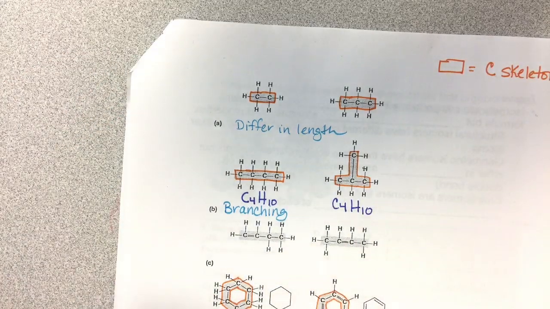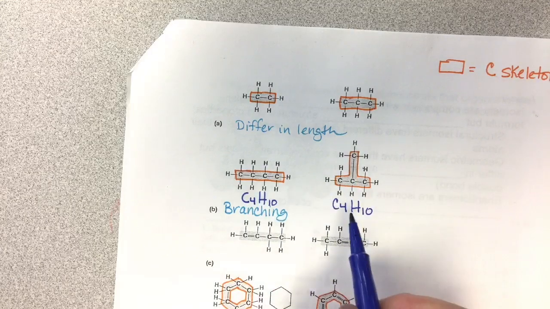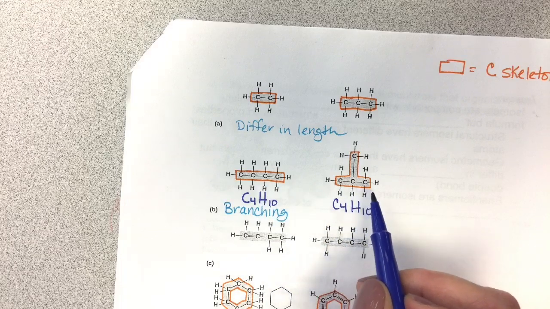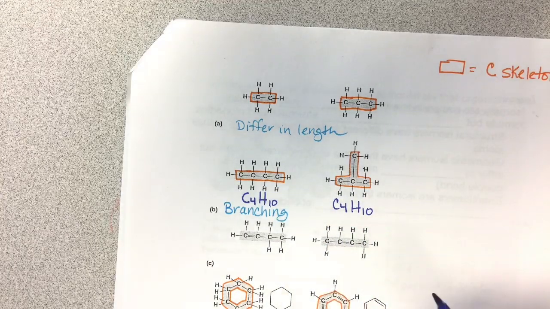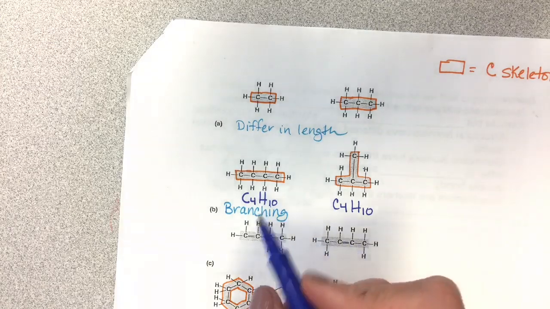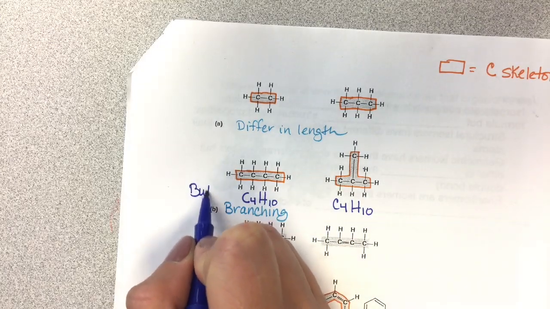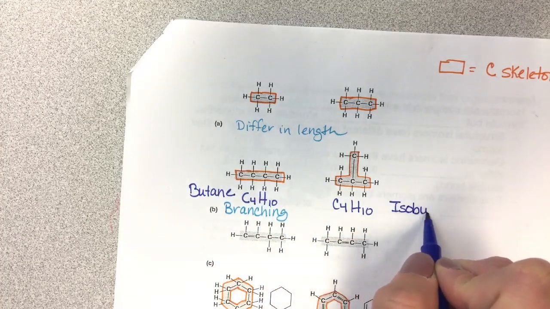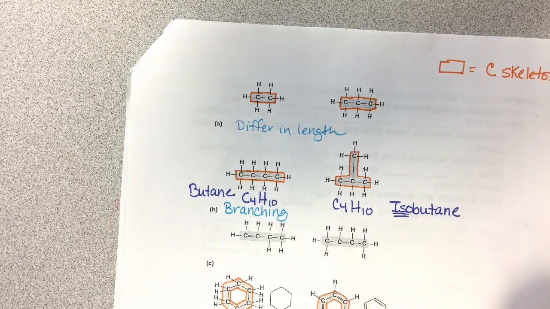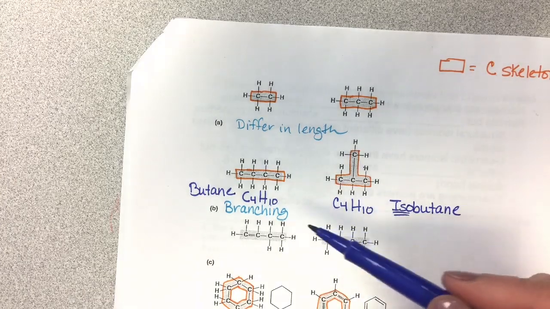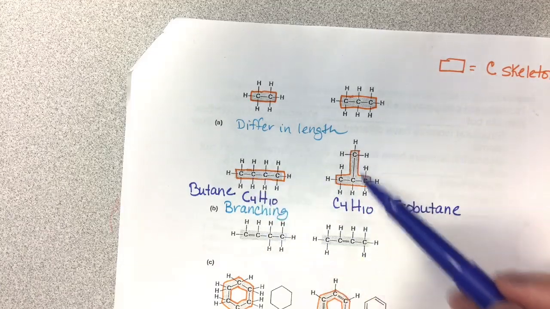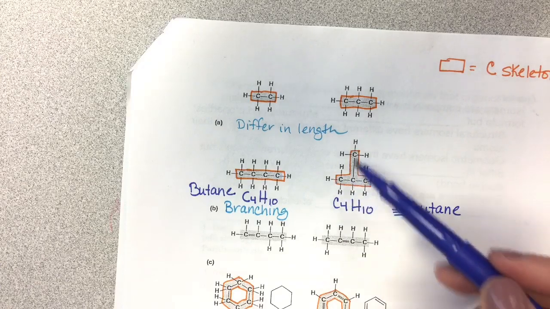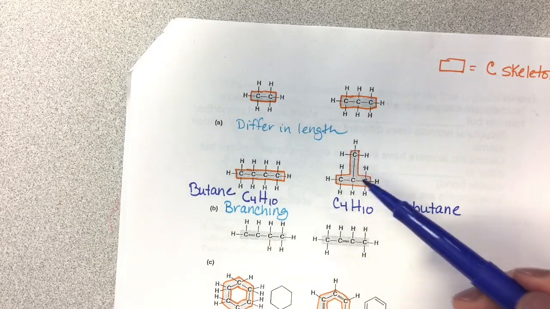And so these guys are actually two different molecules, but they have the same formula. But what's different about them is their structure. And we call these guys isomers of one another. That's what an isomer is. This is called butane, and this is called isobutane, iso referring to isomer. Therefore, you can have the same molecular formula but be put together differently because of the way that the atoms within the molecule bond to one another.